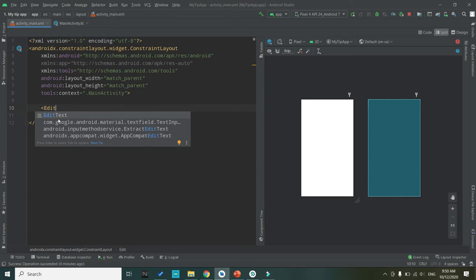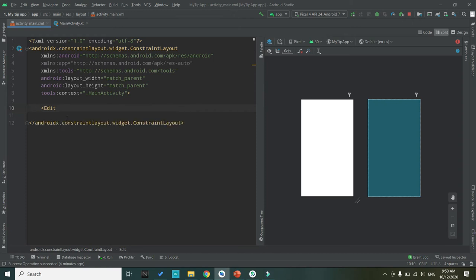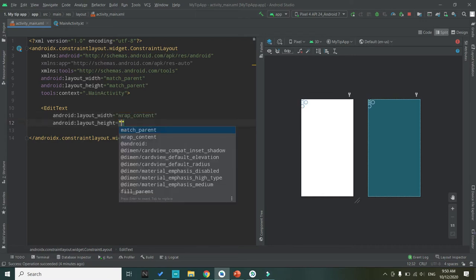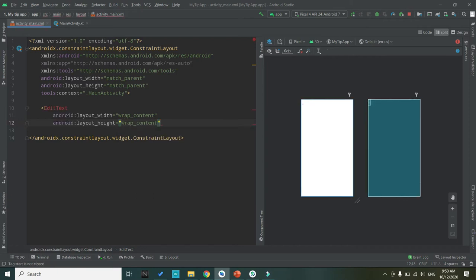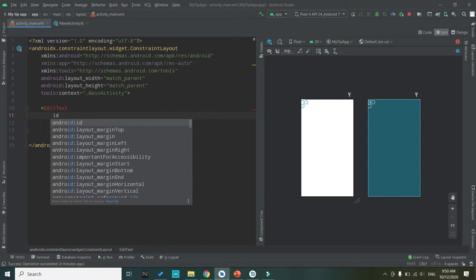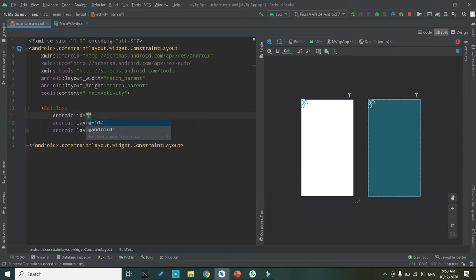Android Studio offers the auto correction. Click tab, put match the width, put it to wrap content because we just don't want to go too far, and the height is wrap content as well. Then /, it will close the tag. We need an ID. Just click ID, put it on the top one. We are going to give a new ID to this kid. We call it cost of